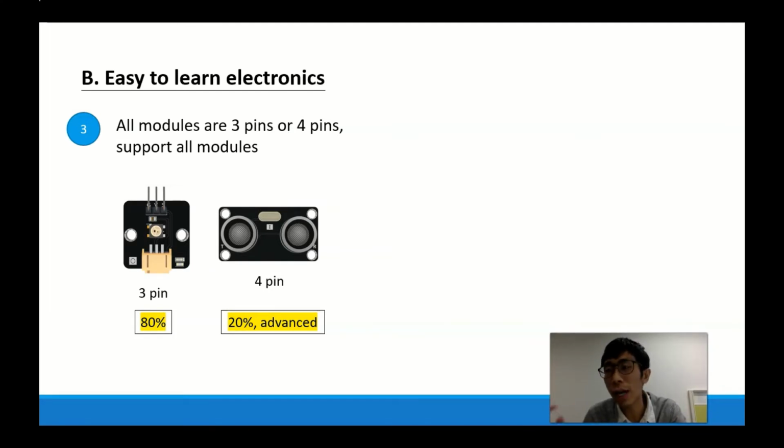Actually, you know that electronics need to have wires. Okay, wires. For 3-pin modules, 80% of modules have 3 wires, and a very small percentage of the modules have 4 pins. So 4 pins are more advanced modules, and 3 pins are more normal. So you can have this concept first, and if you don't know electronics very well,